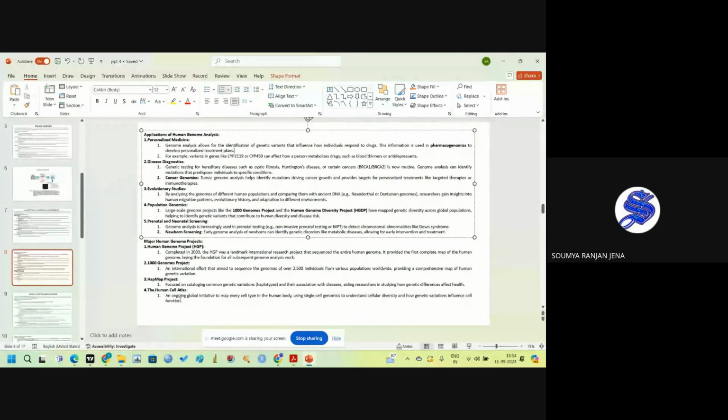And the fourth one is the Human Cell Atlas, an ongoing global initiative to map every cell type in the human body using single cell